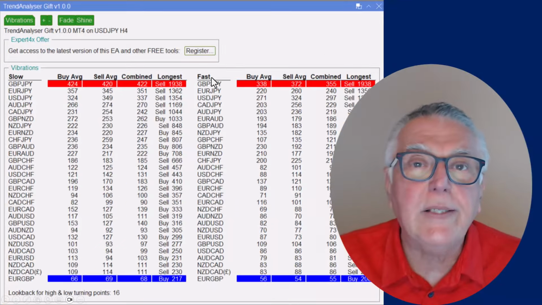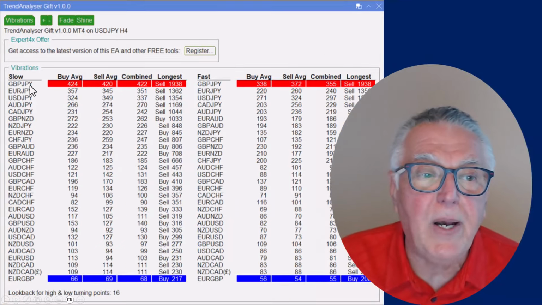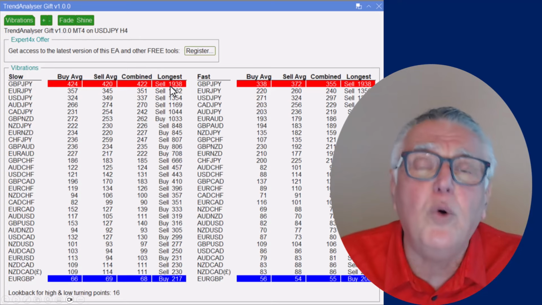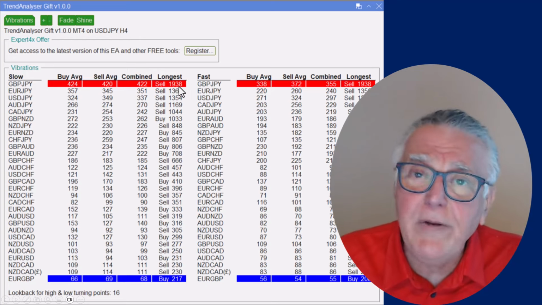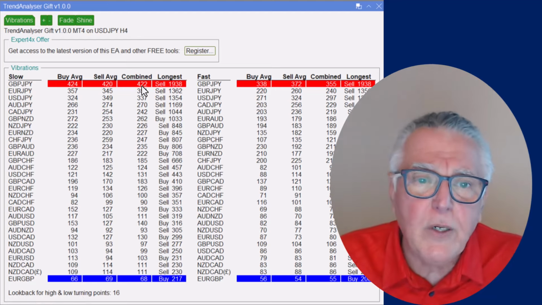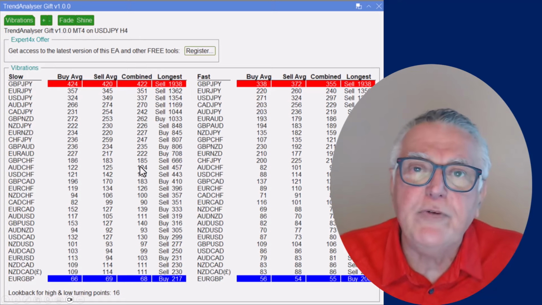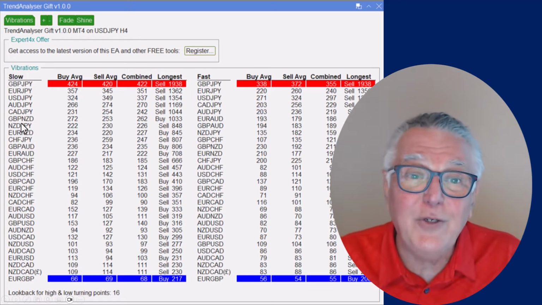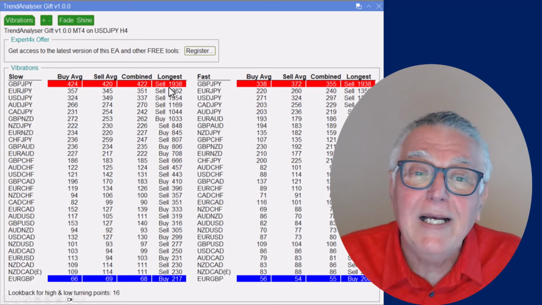And if we look at the tool in a little bit more detail, here's the pound yen, for instance. It had a massive, the longest trend it's had is almost 2,000 pips, very dangerous. The average trend is 400 pips. So when you're trading profit retrieval processes, you need to understand that you're exposing yourself to big trends